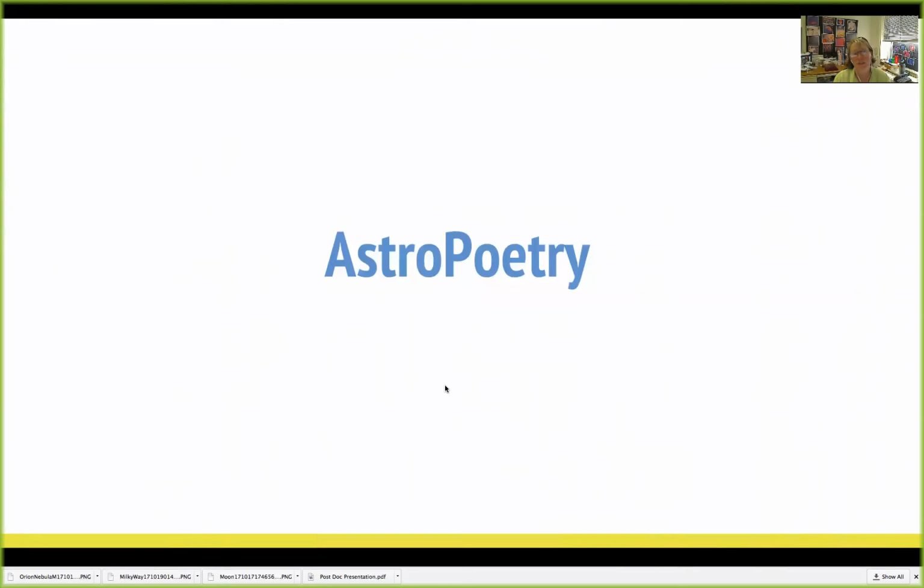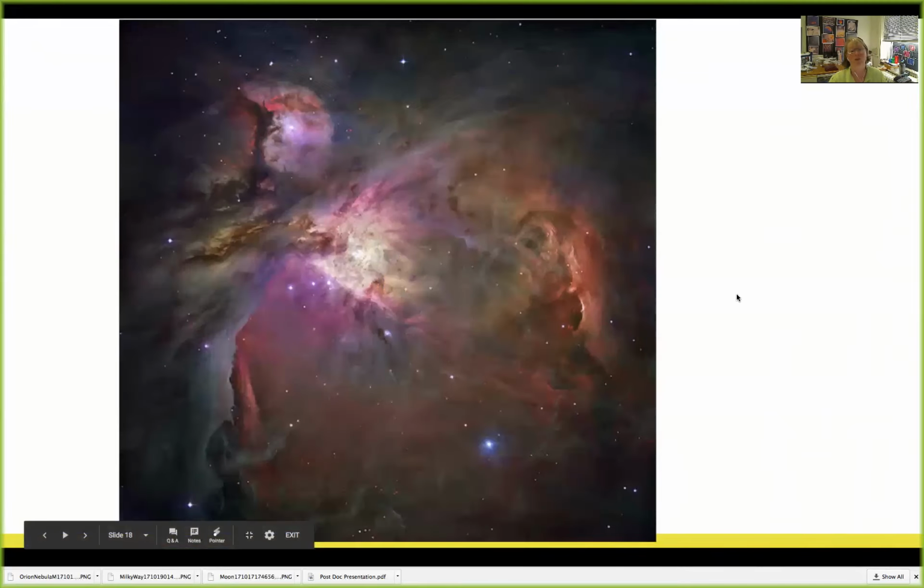I learned this activity when I used to work at the Museum of Science in Boston, and one of my colleague educators always used to use it as a way of getting students to really observe different exhibits. Like if they were at the T-Rex dinosaur, she'd use the activity there, or if they were looking at some interesting object. And so we're going to use it looking at this interesting object,